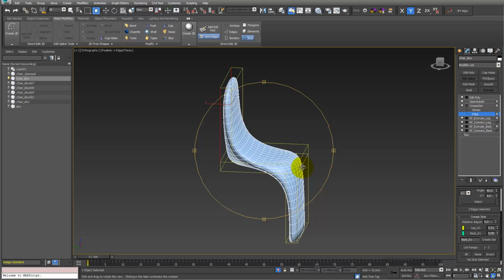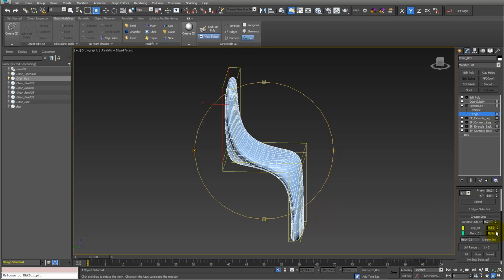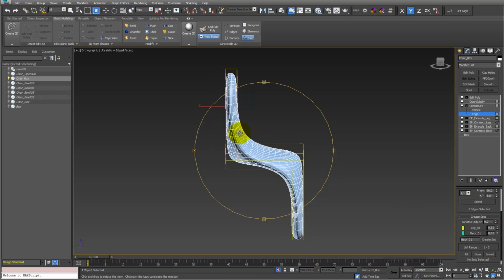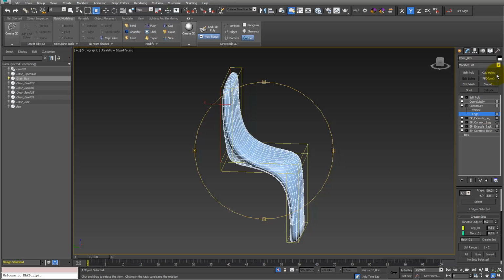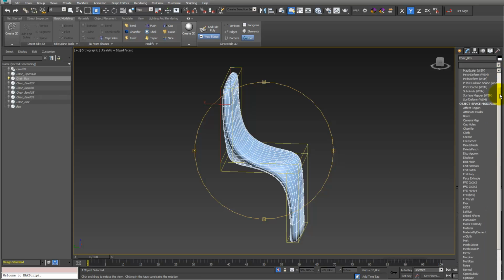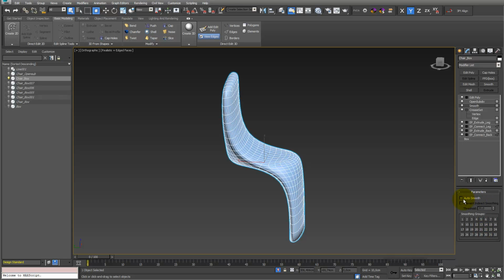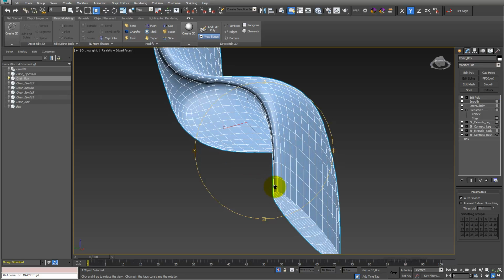So the 2 lines at the back are added, and if I just increase this, you can see that it turns out to a really nice sharp edge. If you add a smooth modifier on top, which I do now, and you just say auto smooth, then you can see the edges even better. You have to put it, by the way, on top of your OpenSubdivision, and now you can see that you have really nice